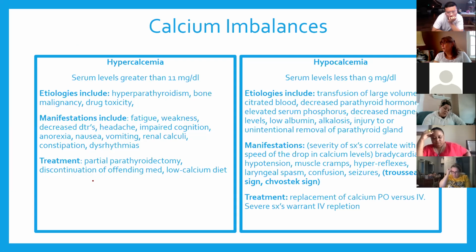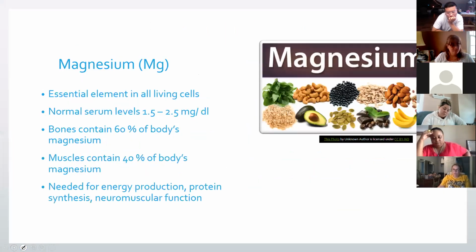So if we see hypocalcemia, you can see bradycardia, low blood pressure, muscle cramps. Our reflexes will be hyperactive. Confusion, seizures are also things that we see. And we'll talk about the Chvostek and Trousseau signs in a minute. All right,